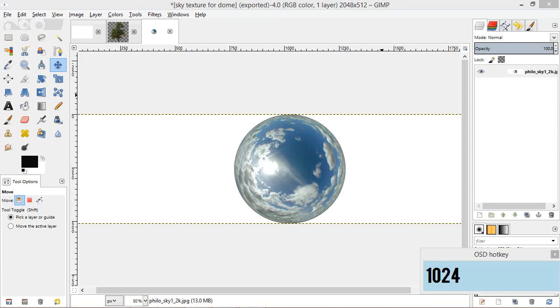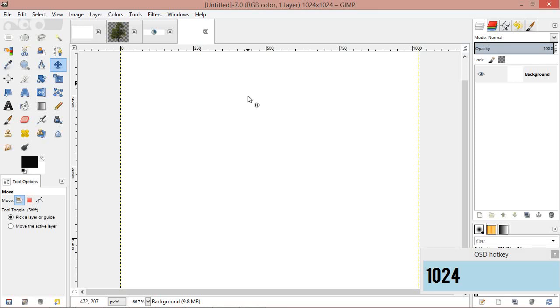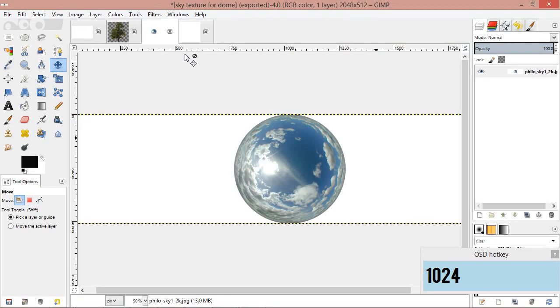1024. For higher quality, you would make it 2048. We'll use this for now. Sorry, I was on the other screen doing this, so we put 1024, 1024, so we'll click OK. Okay, so now we have this separate image in GIMP, so now we'll select on this image here, and what